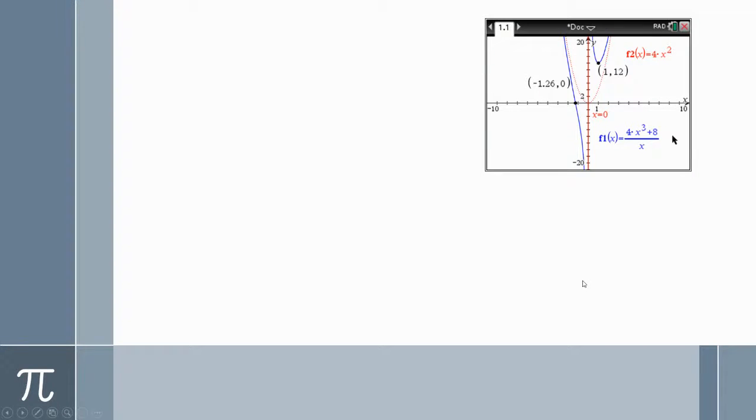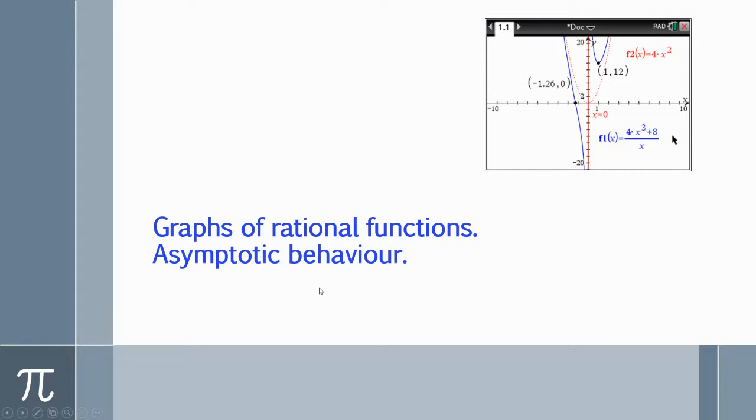Good afternoon. The topic for today's lesson is graphs of rational functions, and also looking at asymptotic behavior of those functions. That's one example of a rational function. We have a polynomial in the numerator and a polynomial in the denominator, and two asymptotes, x equals 0 and